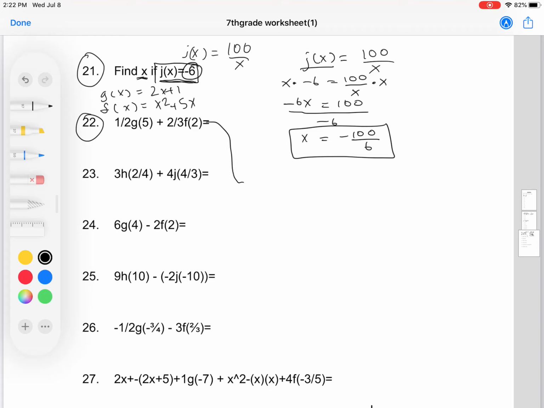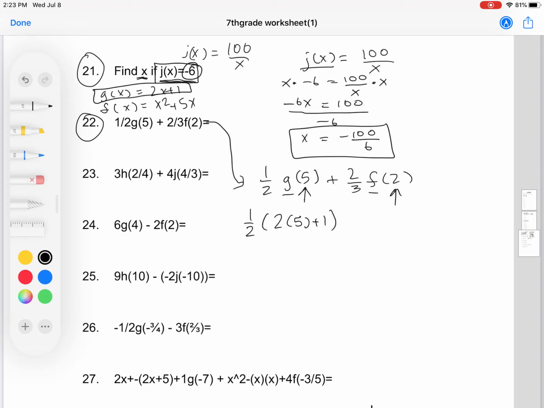Moving on. Number 22. You have 1/2 g(5) plus 2/3 f(2). Now in this case, you have your inputs, but there are two functions, g and f. So for function g, your input is 5. For function f, your input is 2. So what we can do is substitute all our values from the g(x) function. So since our input is 5, 2 times 5 plus 1, plus 2/3 f of 2,